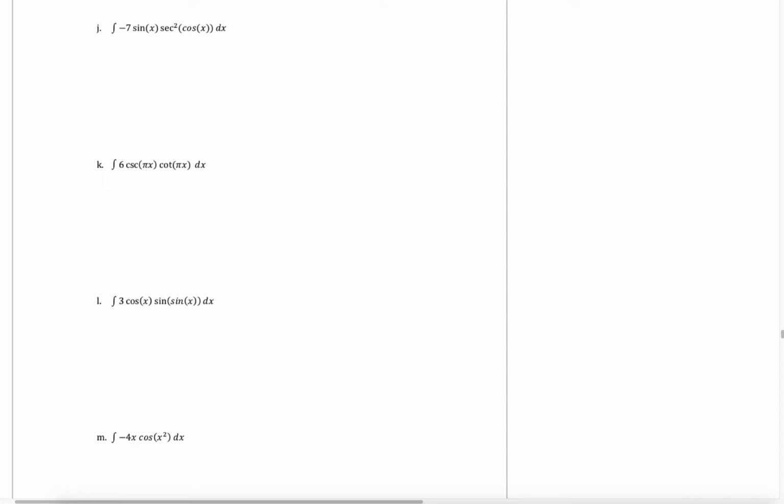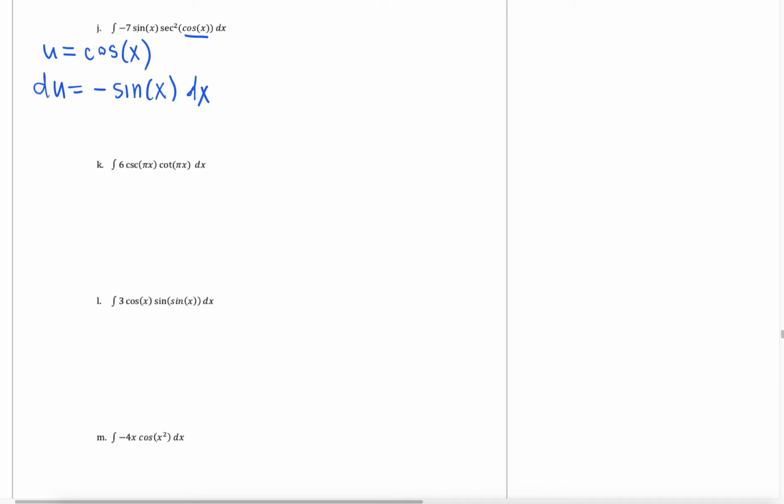So for our first one here, it is very cumbersome. We've got -7 sine of x times secant squared of cosine of x dx. Well, we've seen where we have sines and cosines before. We know that the derivative of each of these is the other function. So in this case, more than likely my u needs to be one of those two, since the derivative would be the other. In this case, since cosine is inside the secant squared, I'm going to make my u be equal to cosine of x,